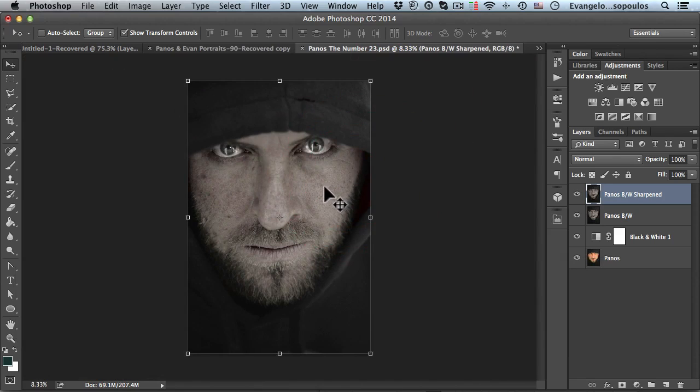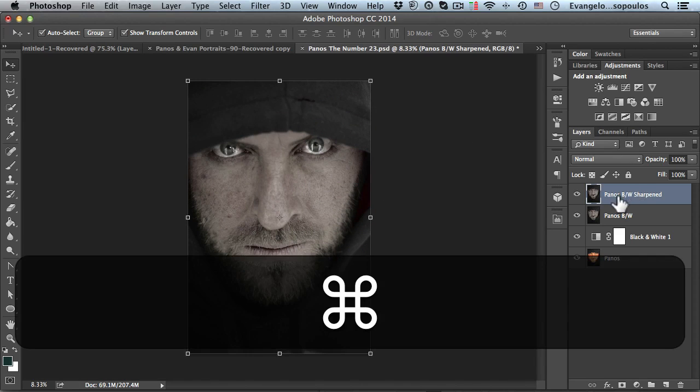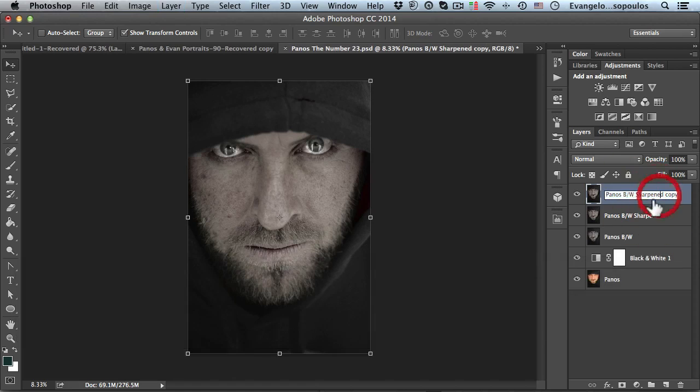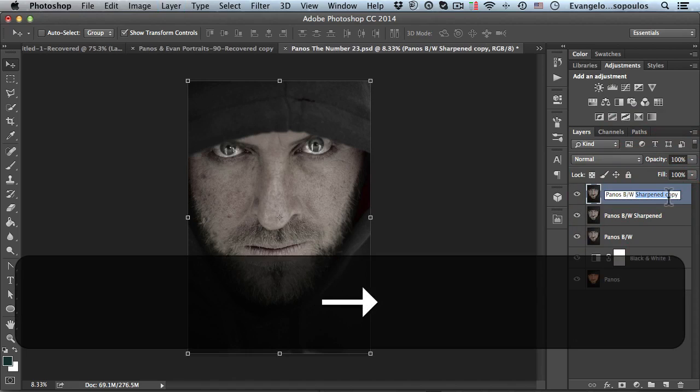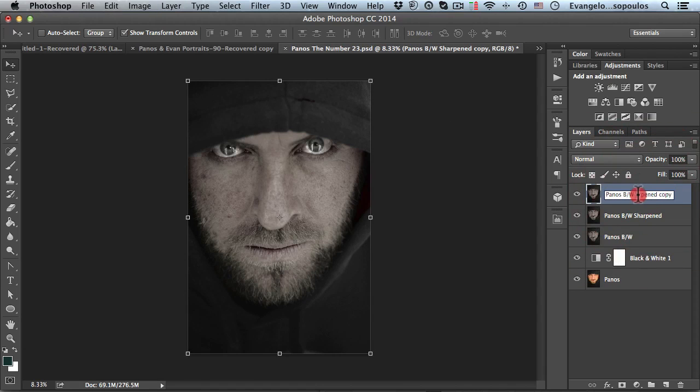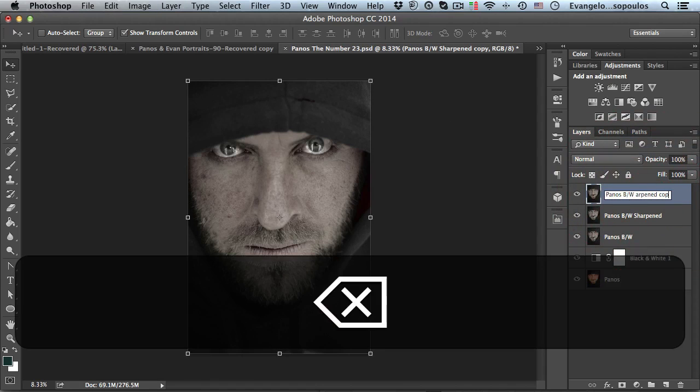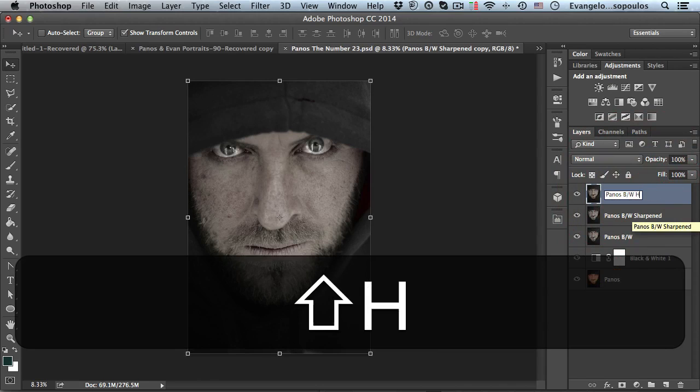So I will now duplicate this sharpened photo layer, let's say Control J, Command J on Macintosh, and I will rename that. I will actually type, sometimes I cannot really type. Anyway, so I'll go Panos BW and I will name this Highpass. It's really crucial